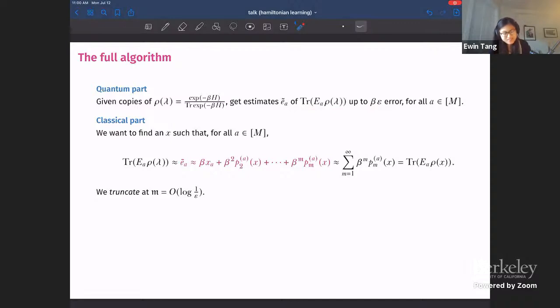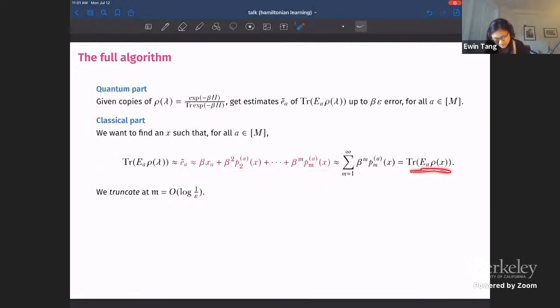And then after we perform this quantum portion, all that we need to do is a classical algorithm. The goal of this classical algorithm is to find an x, a set of coefficients such that this approximation is satisfied. So we want to find an x such that